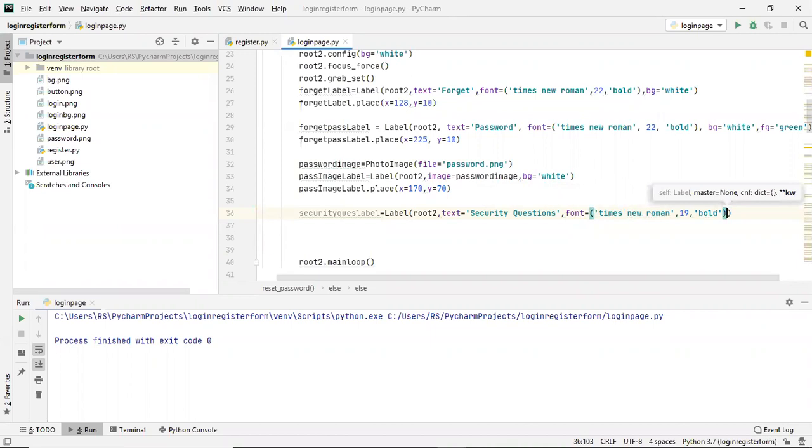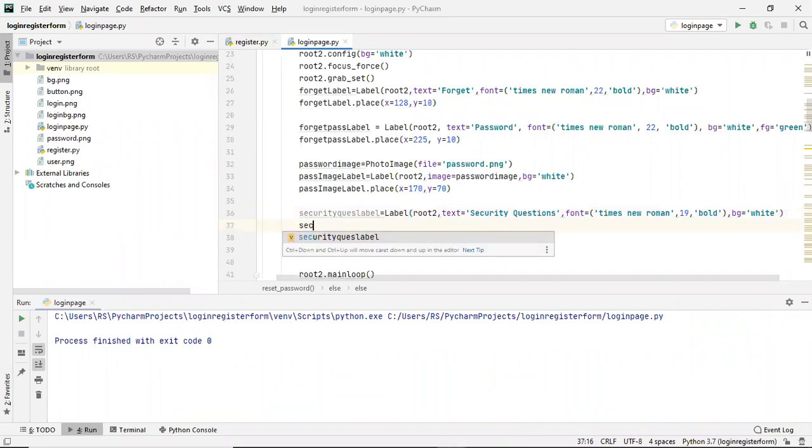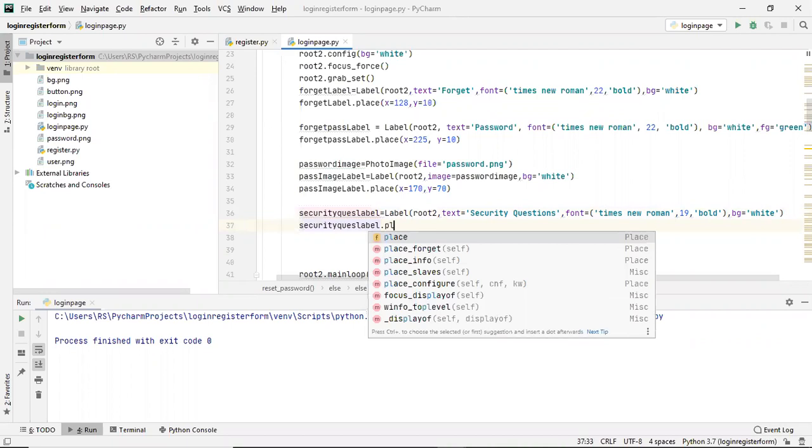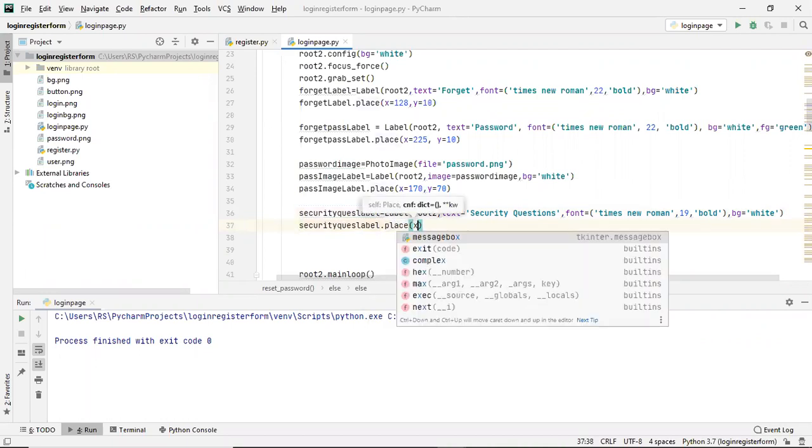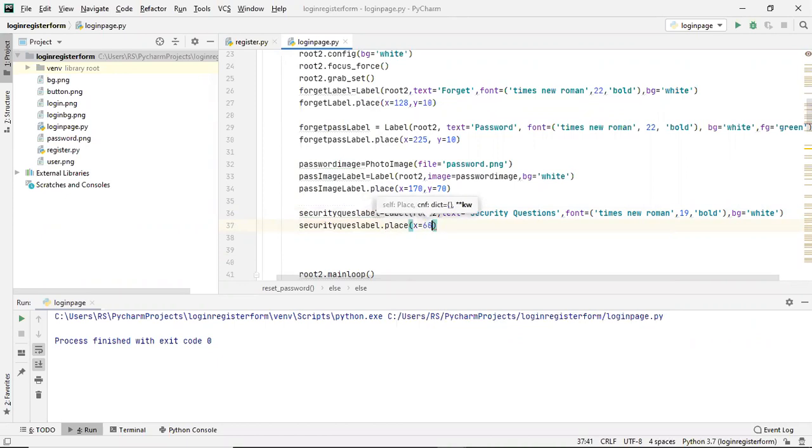FG will be black by default, and BG I'll make it white. Next thing is I'll simply paste this label. Security question label dot place, and where I'll place this, x equals to 60 and y will be 220.